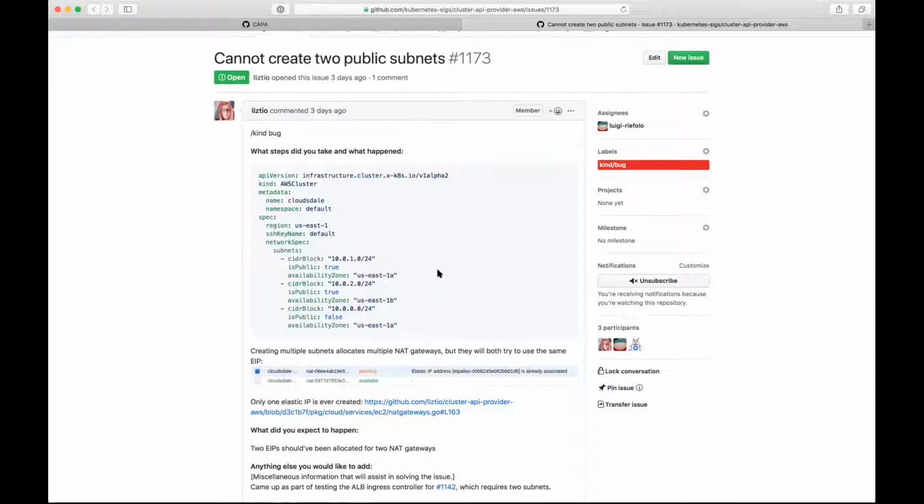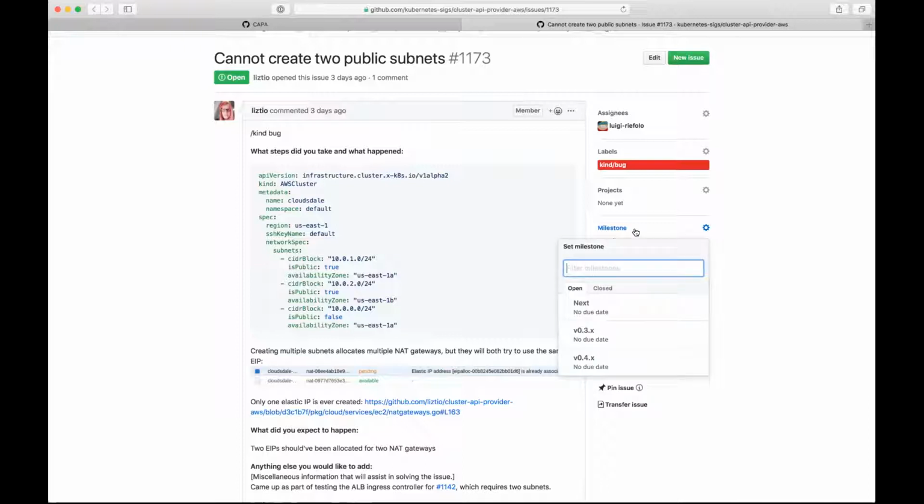Yeah, so normally in a production environment, you would have multiple public subnets. So I think it will be important to production users. Okay. Do we need to fix this soon or later? I'm guessing later.